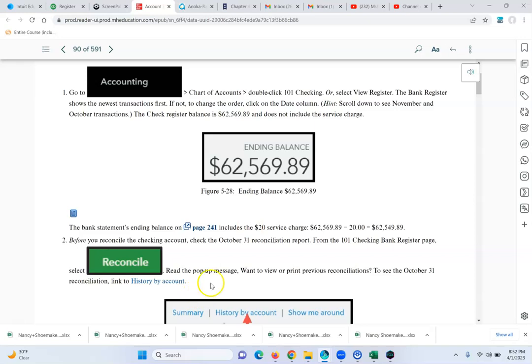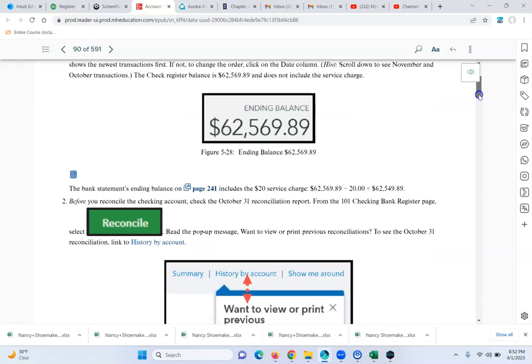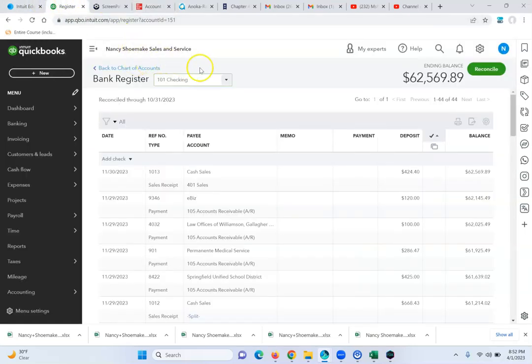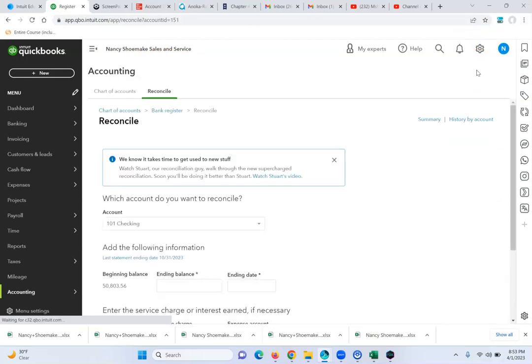Before you reconcile the checking account, check the October 31st reconciliation report from the 101 Checking Bank Register page. Select Reconcile. Read the pop-up message. Want to view or print the previous reconciliation. So when we go to Reconcile, it will say